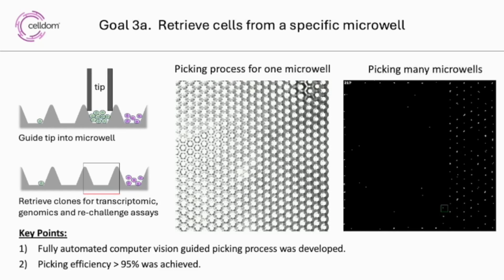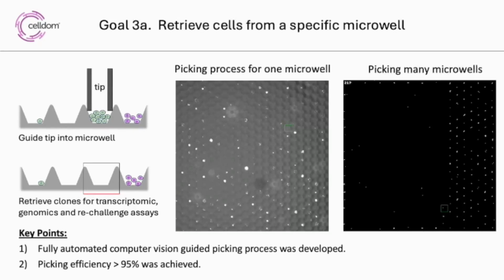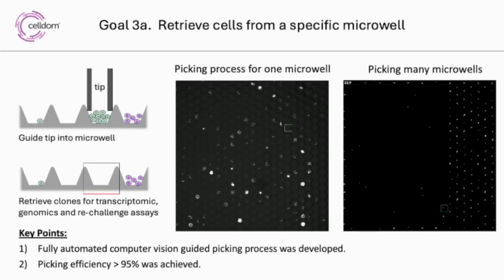As you just saw, first we take images at the first time point in bright field and multiple fluorescent channels so that we can validate the specific microwell that we aim to pick in our pick list. Then the picker moves into the field of view and lowers until it strikes the substrate. Once found, the tip is then moved into the microwell of interest, after which the contents of that microwell are retrieved, and then the cells are moved into the deposition plate, after which the tip is sanitized for the next pick, and then a post-pick analysis is done so that we can validate that the cells are retrieved from those